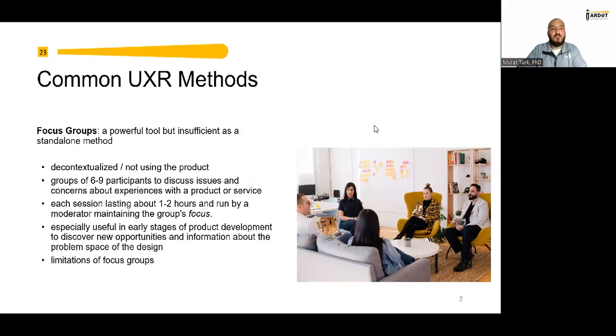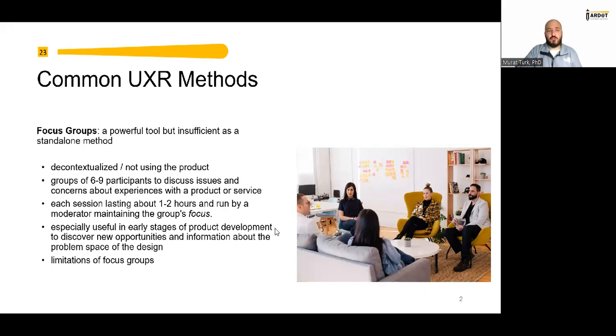Focus groups, similar to interviews, but this time we have a group of people, again decontextualized because people are not using the product. And by the way, some UX research professionals hate focus groups, okay? So they say you should never use focus groups because it provides nothing for you, but still, it can be a powerful tool. There's still a controversy or disagreement about the role of focus groups. But the important point is here,